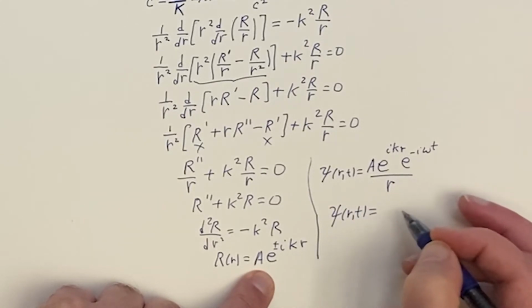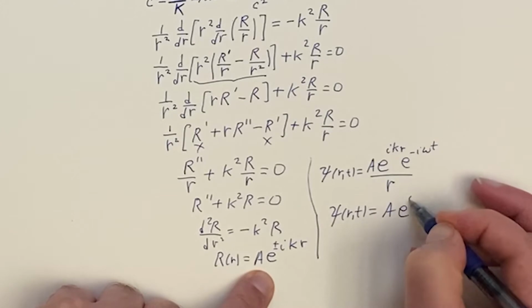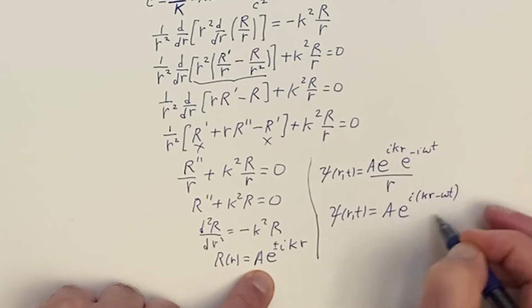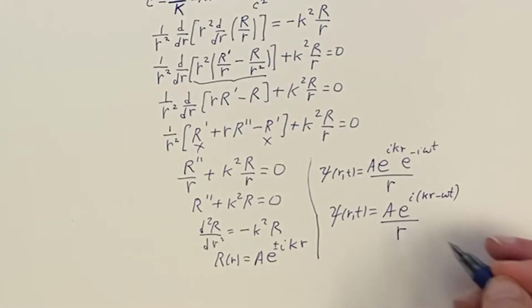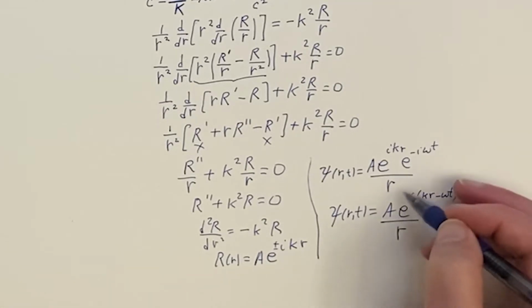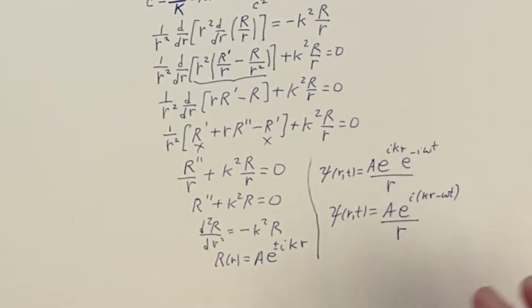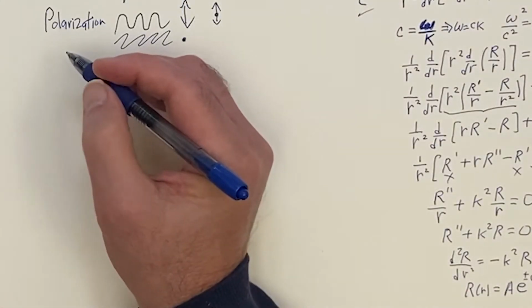So we can say that we have some constant here, e to the i (k r minus omega t) over r. So that's the general idea. And I sometimes call that C, capital C. And let's do that. Okay, so let's go on to